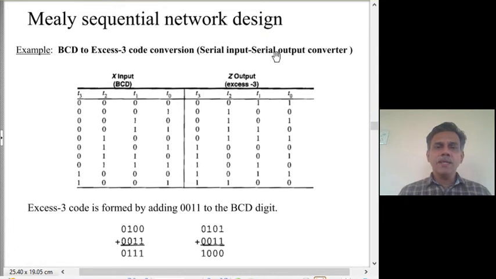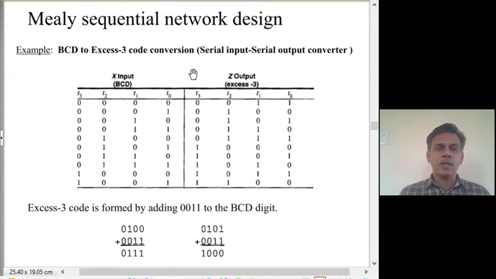So by serial in, serial out, what we mean is we feed 1 bit at a time from the X input and we expect the circuit to produce 1 bit at a time of the Z output. To be more specific, because it is a sequential network, we will control it using a clock. In terms of the clock period of that clock controlling the sequential circuit, if you look at the way the input and output